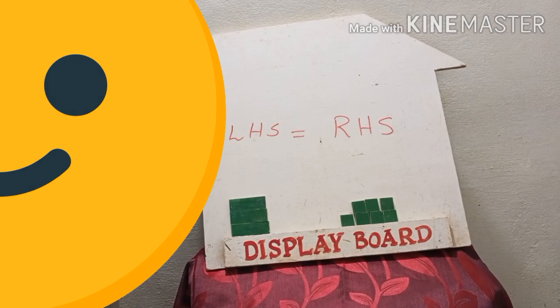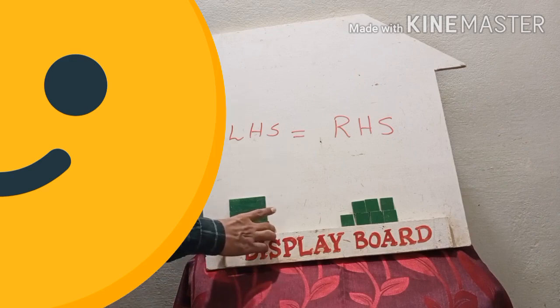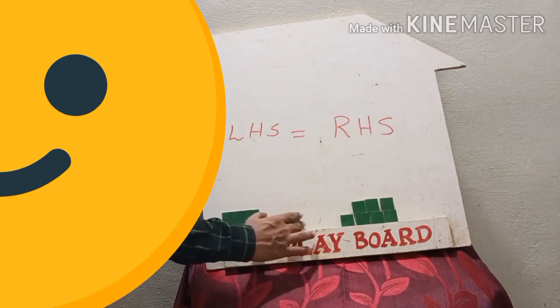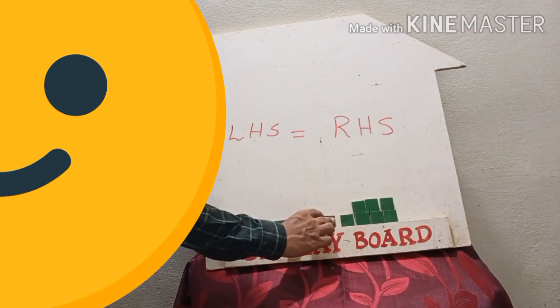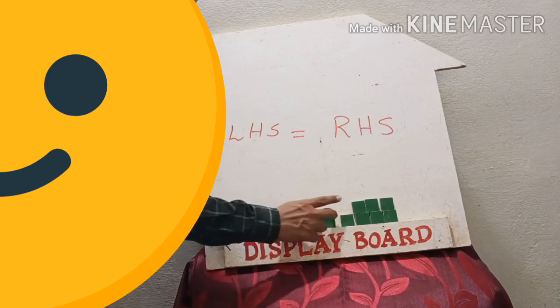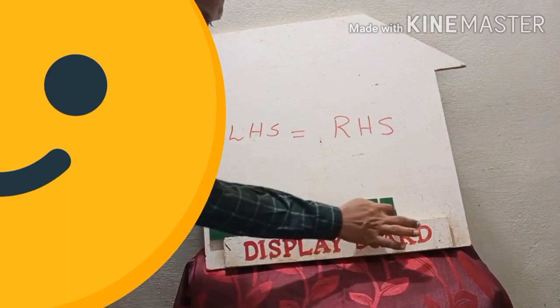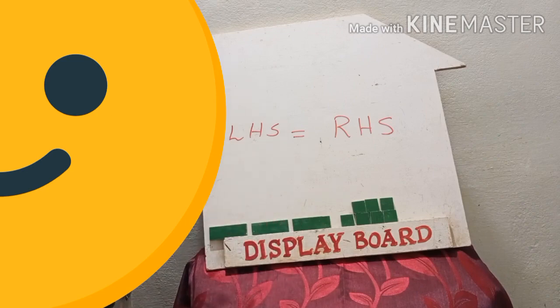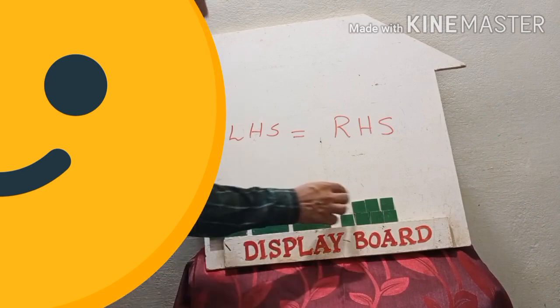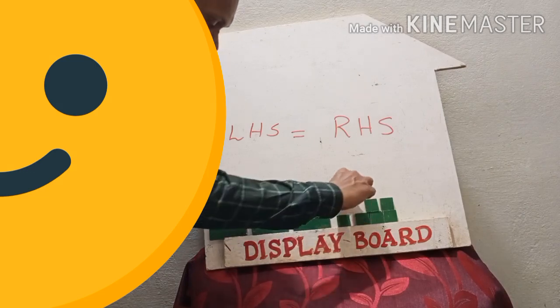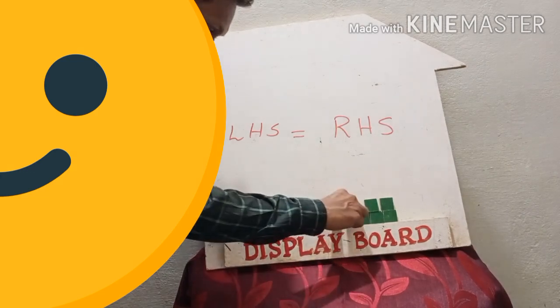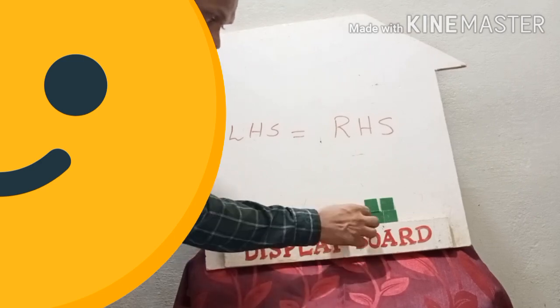Yes, we can get green color in LHS and RHS. Whenever you have the same color on both sides, you have to start the distribution process. How can we distribute? For our convenience, I will put them horizontally with some distance. You have to distribute these square bits to these three rectangles equally. Now I will take this one and give it to this rectangle, and I will take this one and give it to the second rectangle.